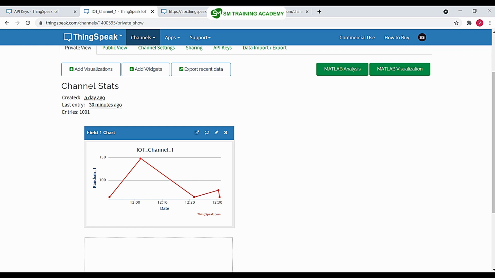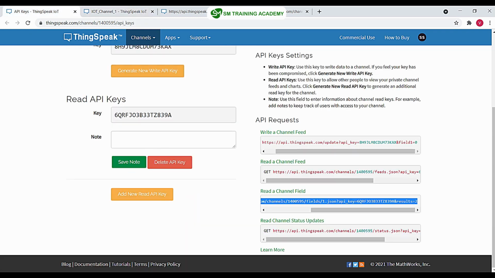In this manner, according to the number of data that you give in the request, you will get that many of the latest data uploaded to the field in this channel. So if I give a number of 1 for the GET request, I will get the latest updated data 63, that is the last data. And if I give the amount as 2, I will get 78, and then after that 63. Now let's test this by using the web browser.